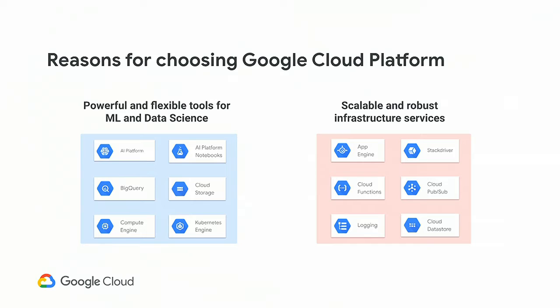The first one is that GCP has powerful and flexible tools for machine learning and data science. In the data analysis, we often try to investigate the data, visualize it, and create prototype models. The GCP services for big data analysis make it possible for us, such as BigQuery, Cloud Datalab, and Google Compute Engine. And Cloud Storage provides a scalable and fast storage service for large data, and it helps us to manage the big data and a lot of machine learning models.